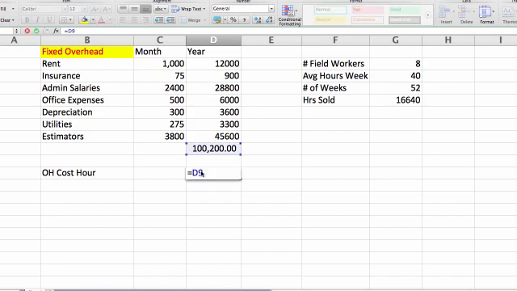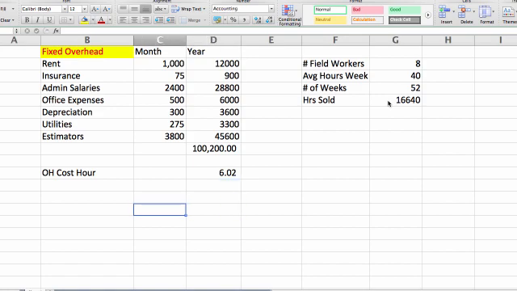So an elementary way to calculate this, maybe better than saying elementary, a way to get you started, would be to take your fixed overhead cost for last year, divide it by the number of hours you sold last year, and that gives you an hourly fixed overhead cost. So what this would tell you is that when you're building out your pricing, if you have a worker that's $14 an hour, and then you've got some other variable costs included in his hourly cost,